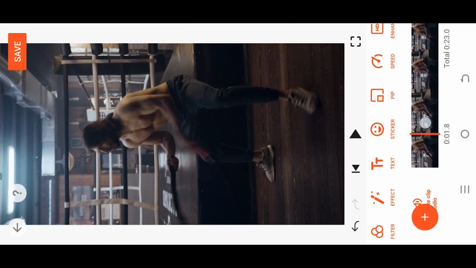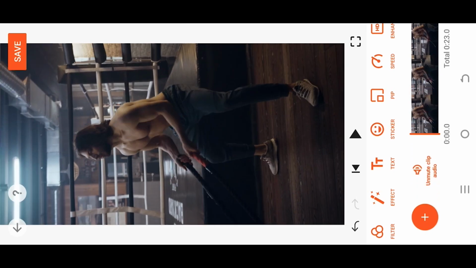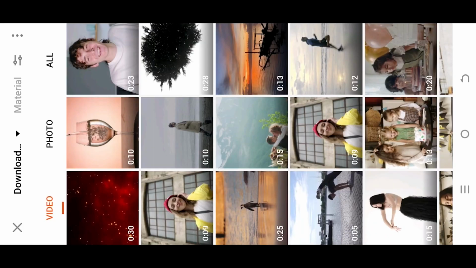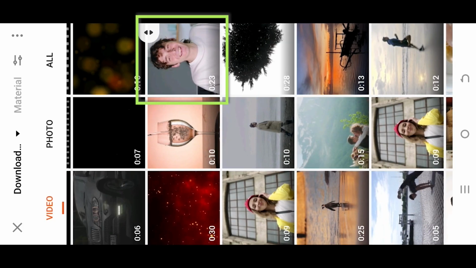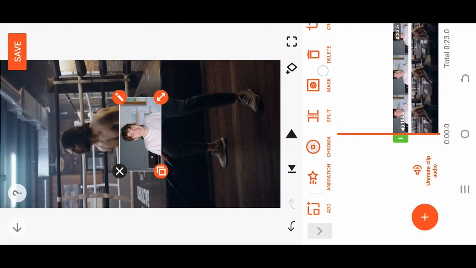So guys, we are inside our sample project. Now suppose we want to apply a circular overlay where we are explaining what's going on in our video. For that, go to pip, import the video as overlay, go to crop,